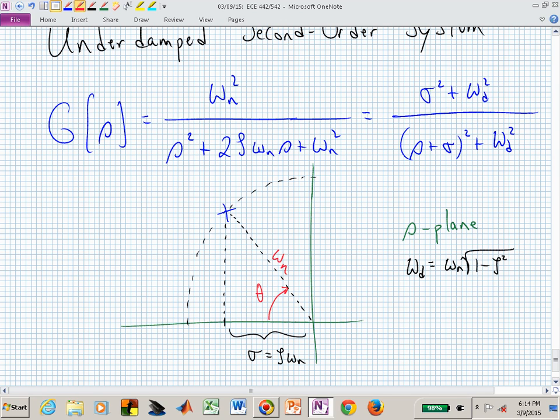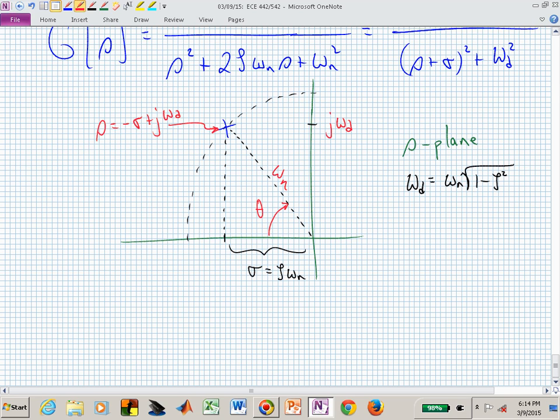This is in the S-plane. And the vertical or imaginary component of that pole is a value of omega sub d. This pole S is at minus sigma plus j omega sub d, and we are going to relate those sigmas, omega sub d's, and zeta. Zeta I haven't really indicated here, but zeta is related to theta,